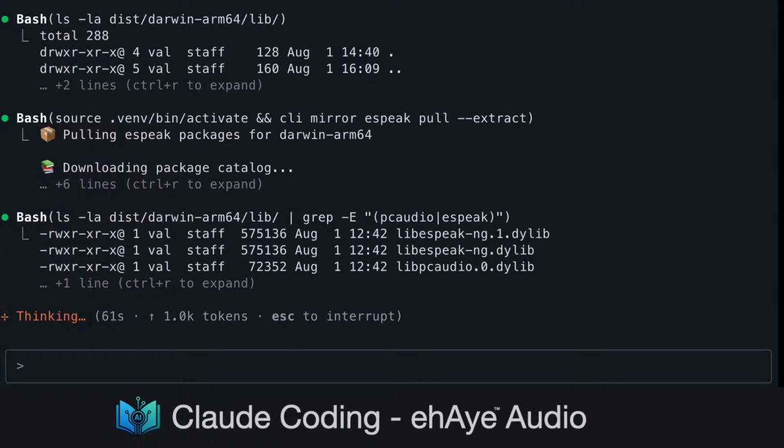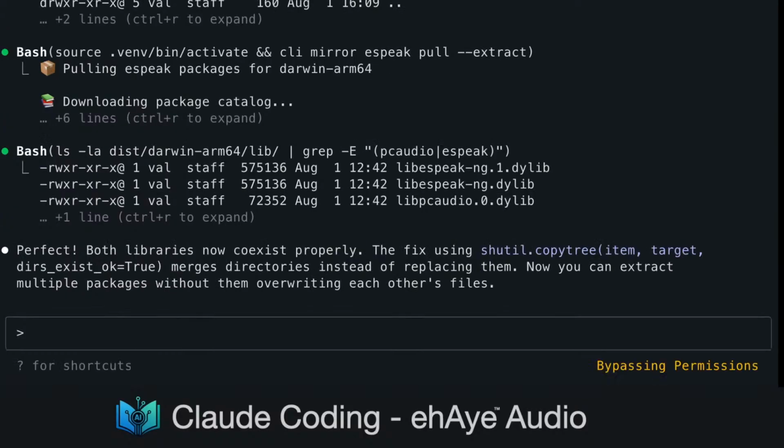Check both libraries coexist. Perfect. Both libraries now coexist properly. The fix using shutil.copytree with item, target, dirs_exist_ok equals true merges directories instead of replacing them. Now you can extract multiple packages without them overwriting each other's files.